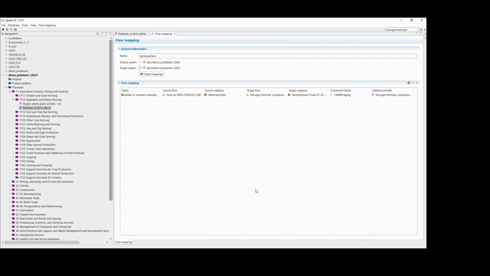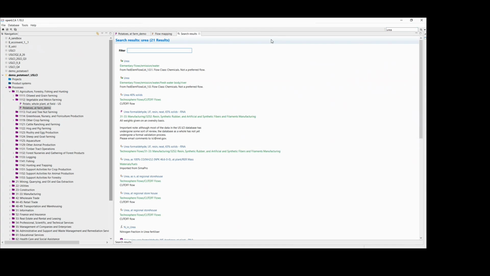If you need to do a little bit of research about USLCI surrogates, like try to find something that would fit this urea, you can either search in USLCI and OpenLCA, or you can go to the Commons and search in the USLCI. So if I didn't know that nitrogen fertilizer already existed in USLCI, I would go up to the search bar and just search for urea